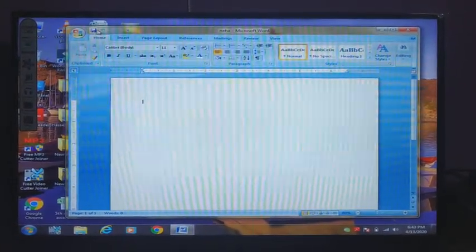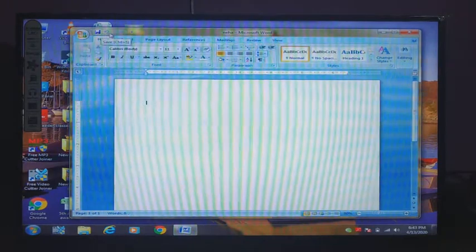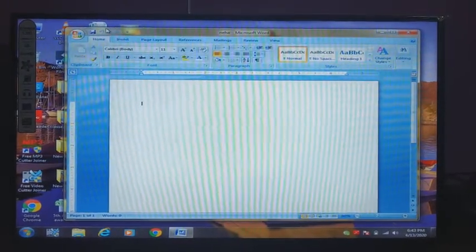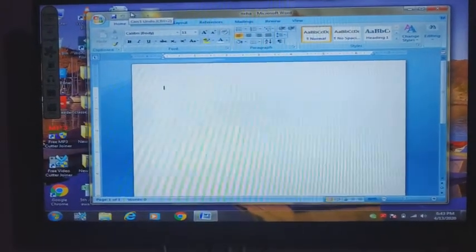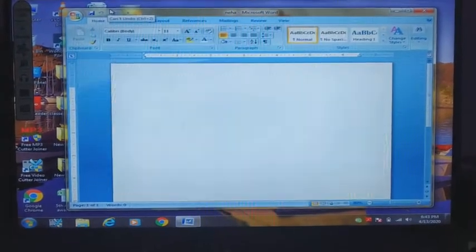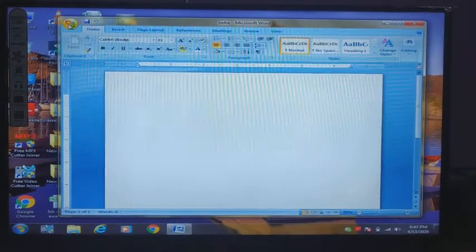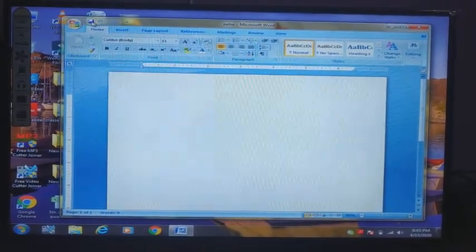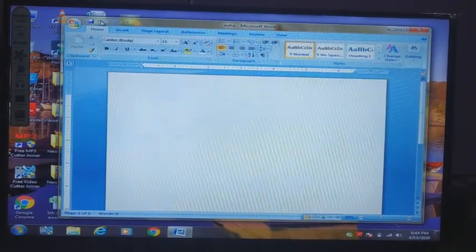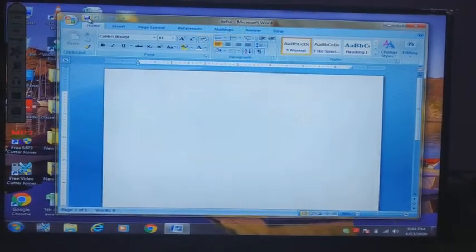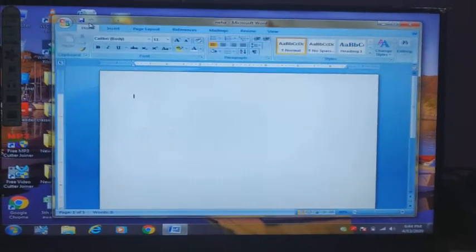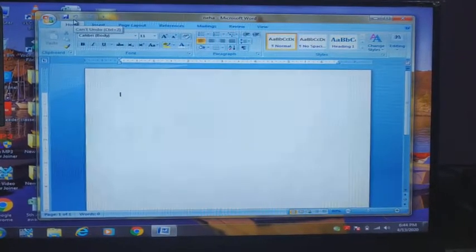Next, this one is your quick access toolbar. It is placed next to the Office button. It provides you the commands you use frequently.